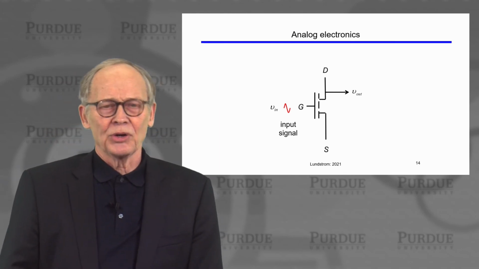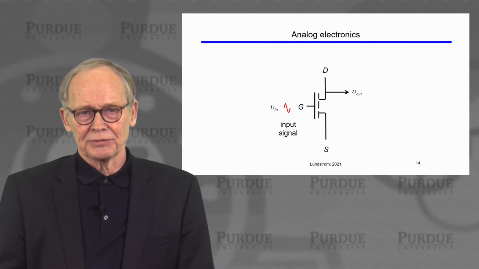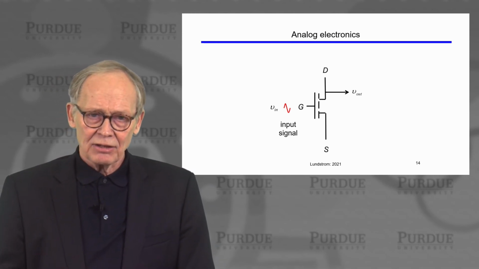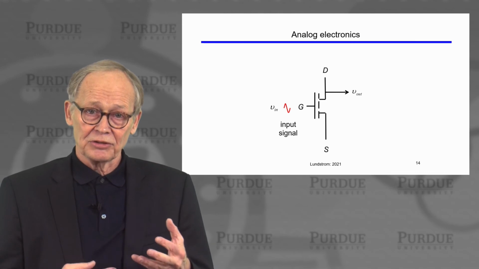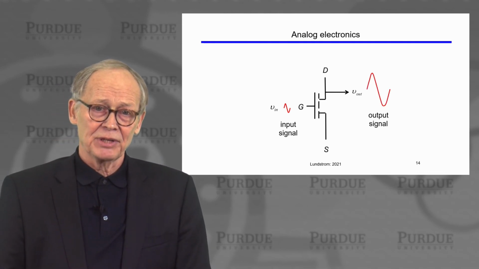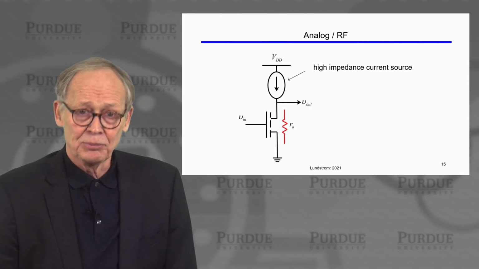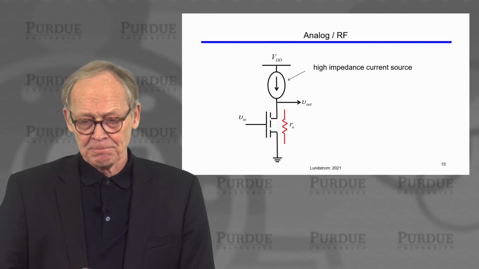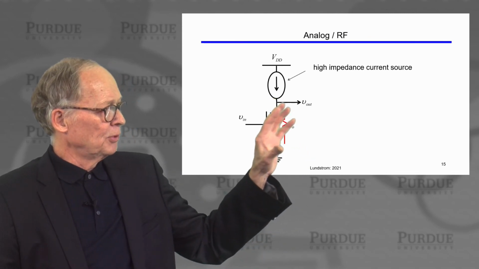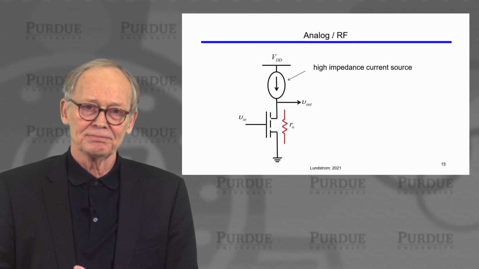So those are some important simple device metrics for digital circuits. In analog electronics, we input a small signal and we amplify it. There are a couple of metrics that we discussed, just two very basic metrics, which are important for analog circuits. So if I build a simple analog amplifier with a very high impedance current source biasing it,